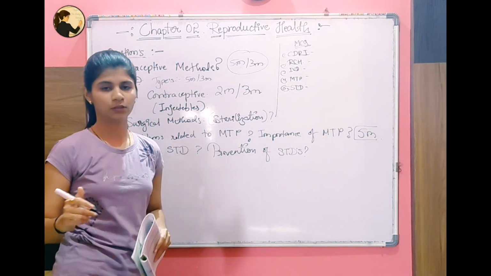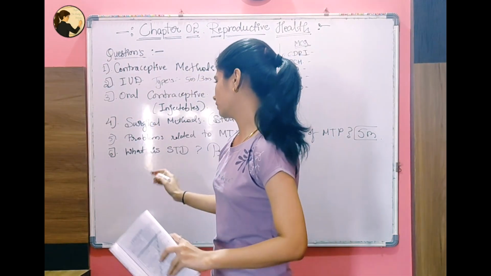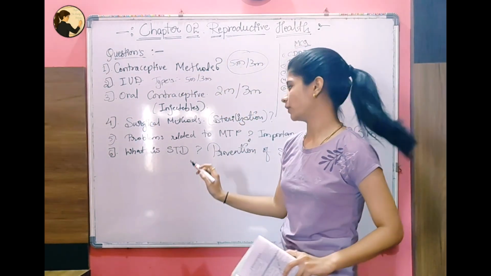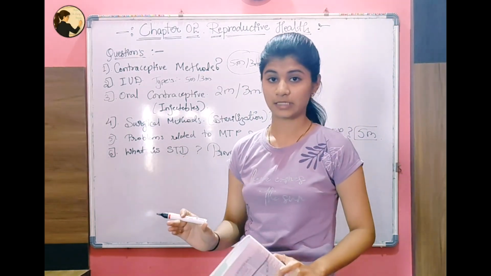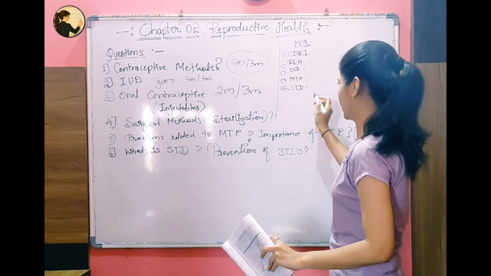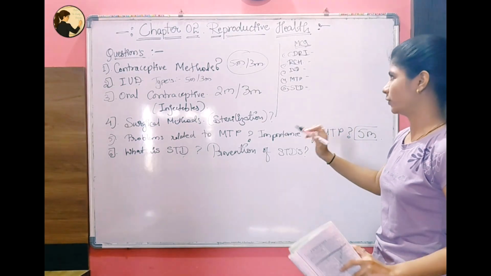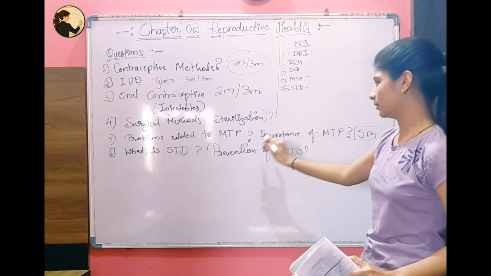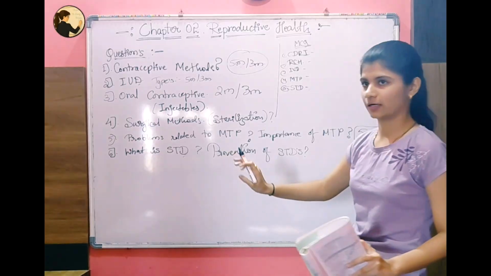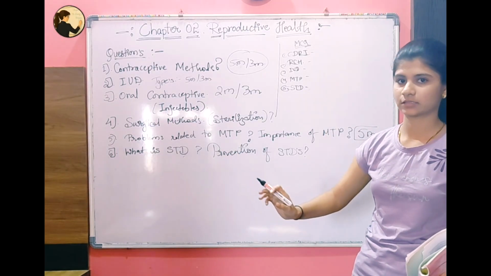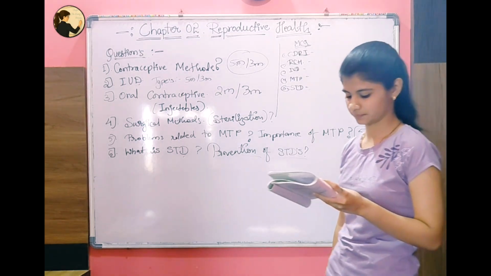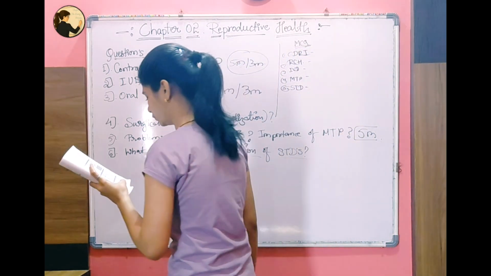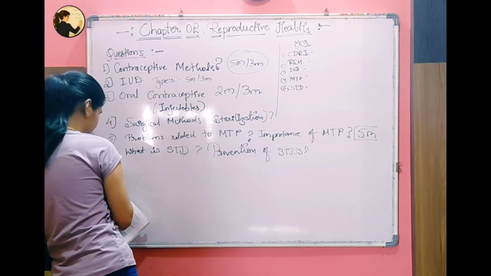Hope you understand what I am trying to tell you. If they ask what is STD, you have to convert the letters into the words, that is, sexually transmitted diseases. Here you might also get it in the form of MCQ. Then, if it is a 3 to 5 marks question, they'll ask you the prevention of STDs. Then the question you get is on infertility.